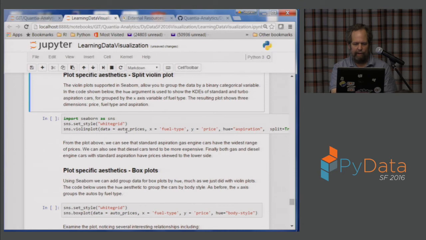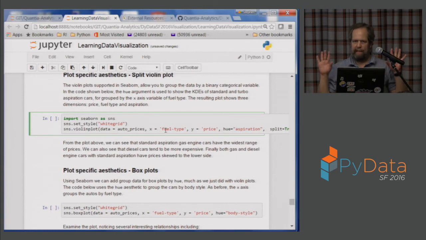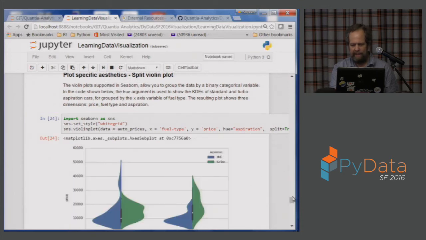And we can do a similar thing with violin plots going back to seaborn. So we have a hue parameter and we're going to make that aspiration. Remember we did auto price and fuel type to do 2 side-by-side violin plots before. So now I've added hue. And I'm also going to split. I have this split argument set. And so now you see,